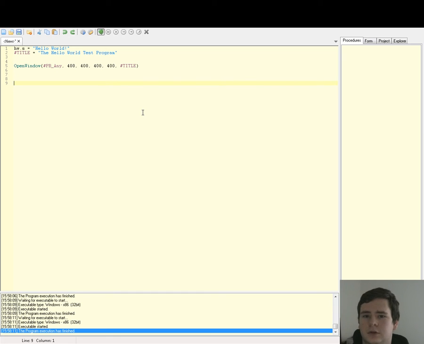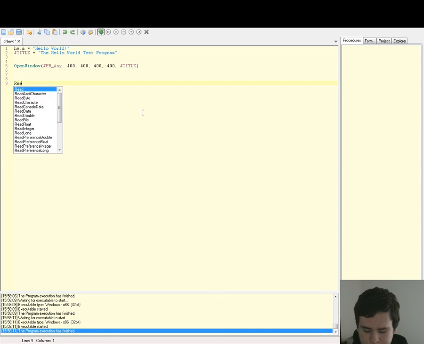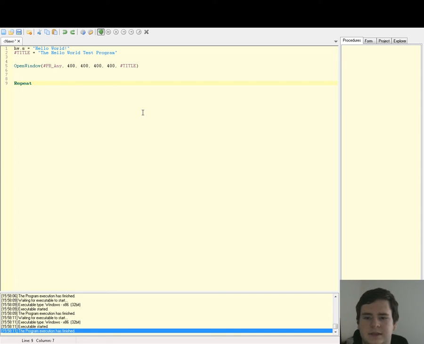So we need some sort of loop to keep the window open, and for now all we're going to do is the basic loop that we have in PureBasic, which is called a repeat loop, which is simply: repeat this bit of code that comes up next until something happens. What that is you can set, but let's type it in: repeat. Let's go down a few lines: until. So that's going to say repeat anything between this and until